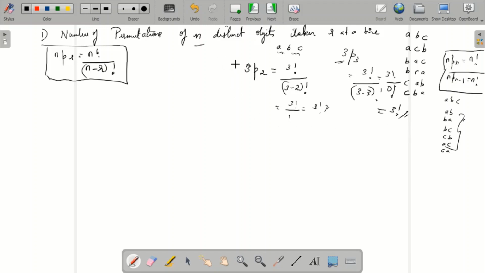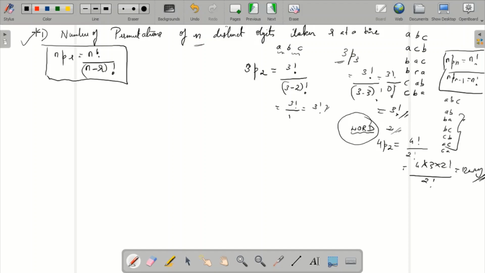In case you had the word WORD, out of this you are taking 2 at a time. That means how many letters are there? 4 letters, that is 4P2. For this formula, if you put 4 factorial divided by (4 minus 2) factorial, that is 4 into 3 into 2 factorial divided by 2 factorial. So there are 12 ways of arranging the letters of the word WORD while taking 2 at a time. So this is the basic formula for the number of permutations of arranging distinct objects taking